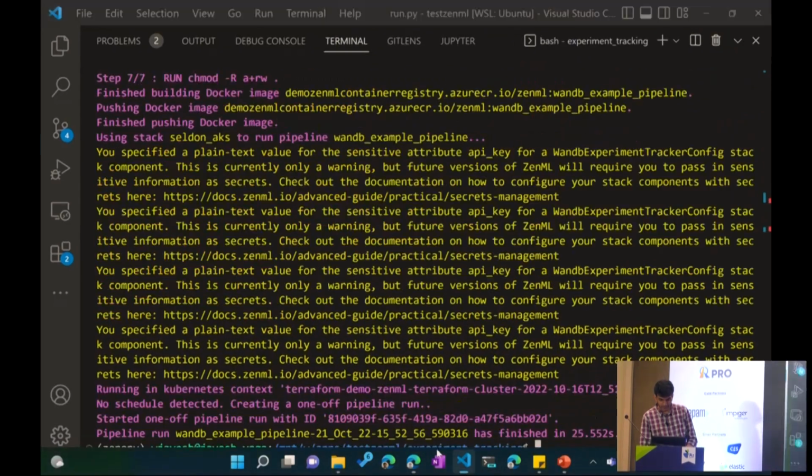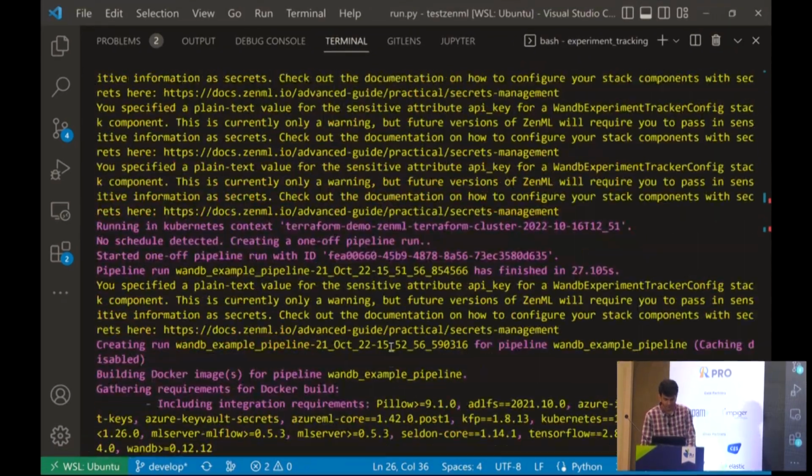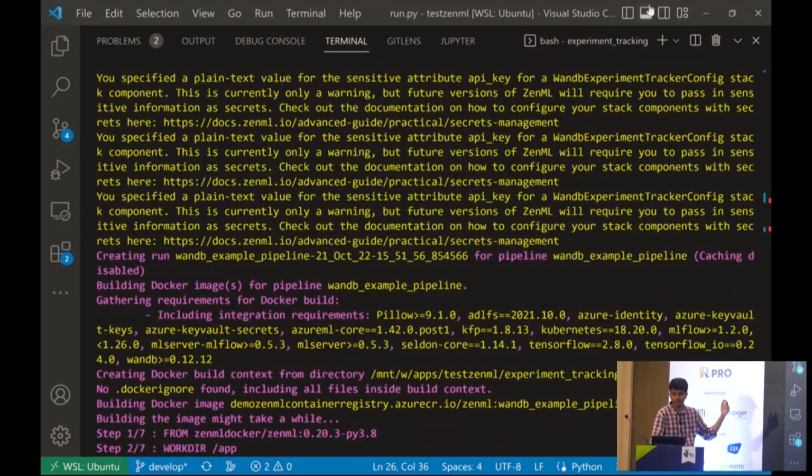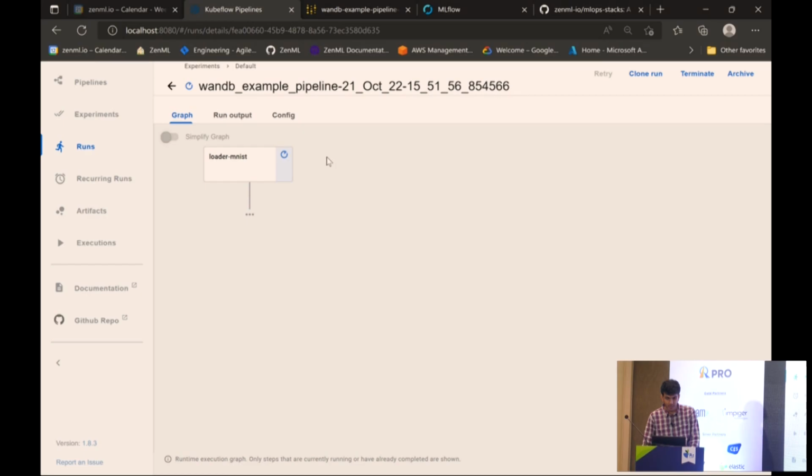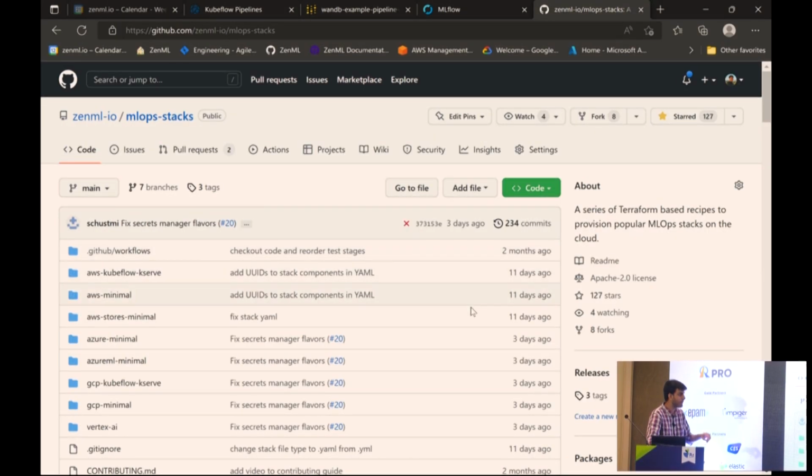Okay, so if I go back to this thing, this is done, this is completed. But this pipeline will start running the Kubeflow pipeline, it will go on ahead and we will also see the logs at some point. But now I can take a break and go to the MLOps stack. So this is the part that I was talking about, deploying the applications yourself, right?